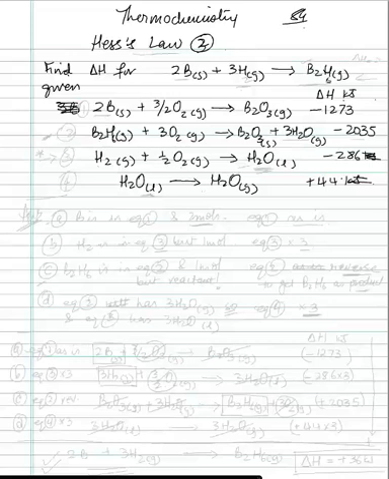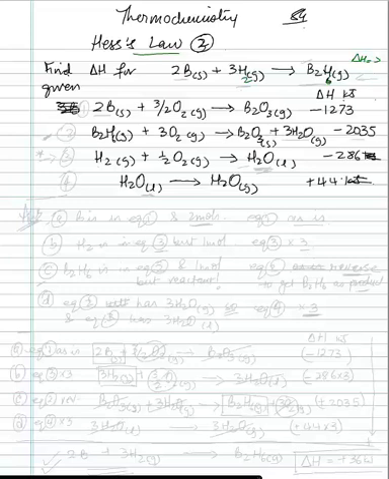Okay, so let's look at this Hess's law again. And in this case, here is the equation that we are looking for, the delta H. 2B, which is boron, plus hydrogen, to give borane, B2H6, gas. So you're supposed to calculate the delta H value for this one. Okay, and so the equations that are given to us are 2 boron and oxygen to give B2O3, which